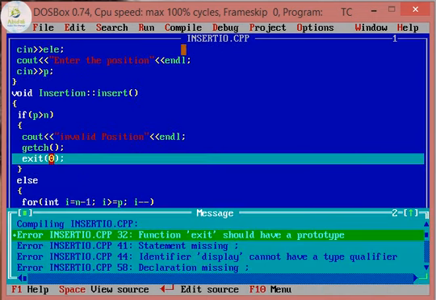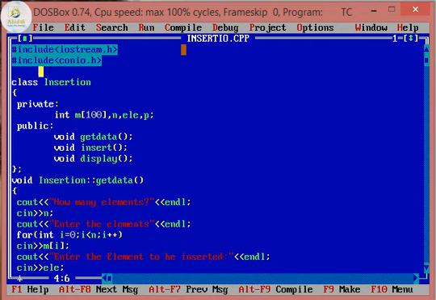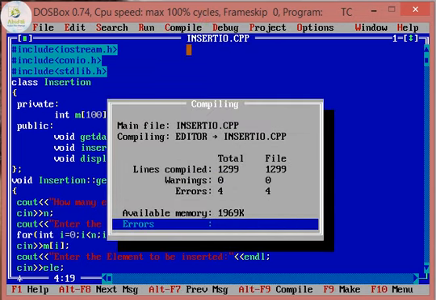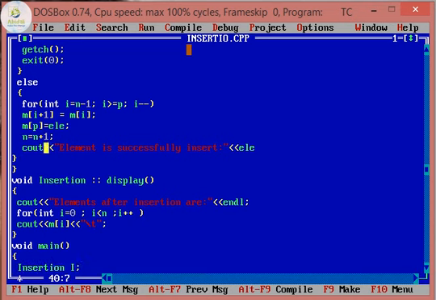Exit 0 needs to have a prototype. So here we need to include another header file, hash include stdlib.h, that is a header file required for exit 0. Then compile. You find 4 errors still, that is a semicolon is missing at the end of the element that is being inserted.